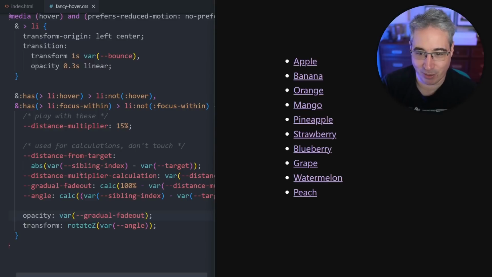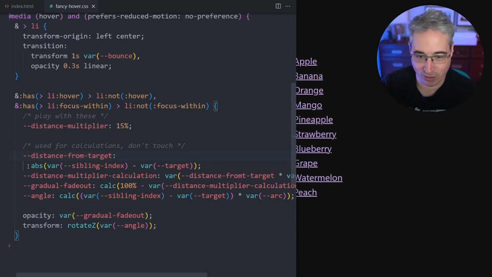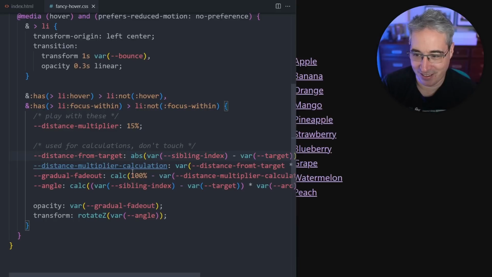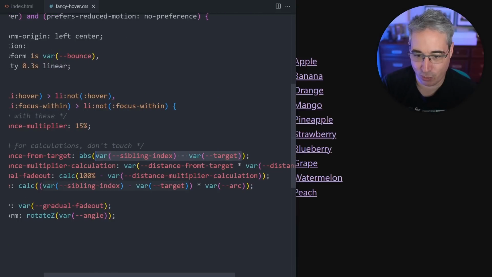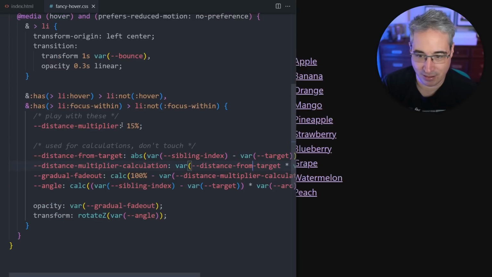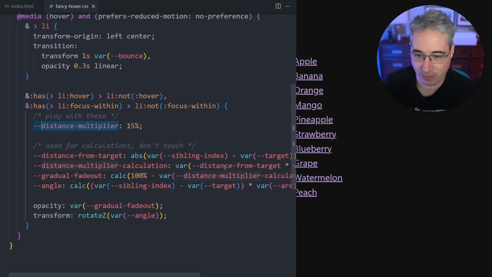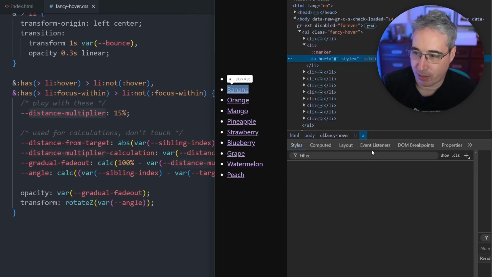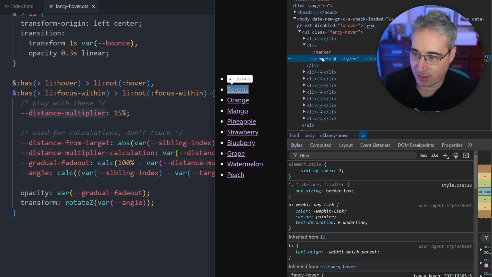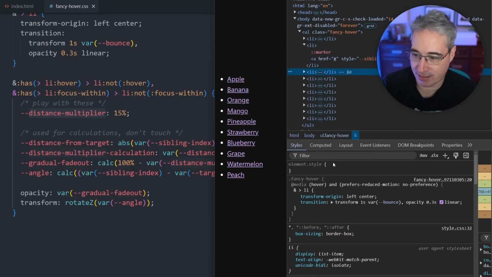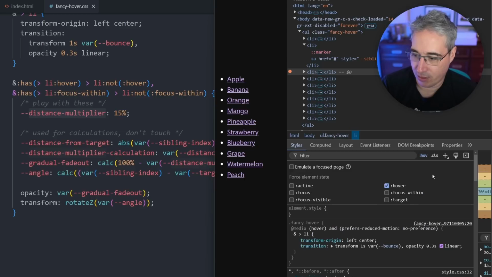Now I broke everything. Okay, so we have some math that's not mathing here in the CSS world. Save. So this should work. Oh, from target, that will help. I see something. I thought I saw something. Maybe I'm wrong. No, distance. Okay, so what I'm going to do is I have no idea what's wrong, but I'm going to open up my DevTools and we're going to take a look to see when I hover on this list item, we should see